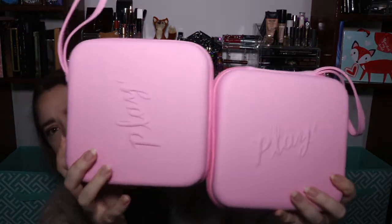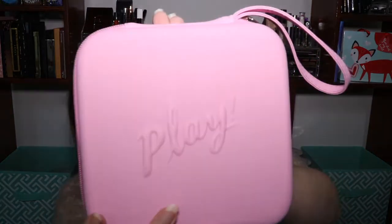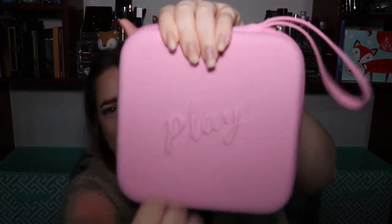But they actually came in this really cute play box this time. Let me show you guys a little bit closer. Look at that. This is really sturdy. I was really shocked because last times they were just in a zipper pouch. I wish I had one next to me. I literally have just recently cleaned down here where I film, and so everything's been put away. But I love they have a little strap, and then when you open them,